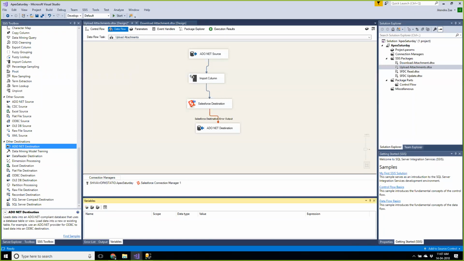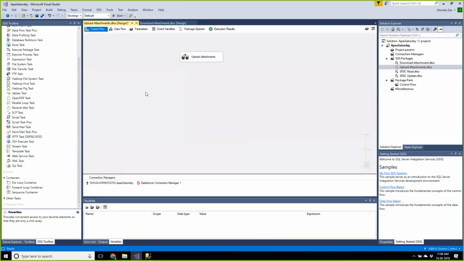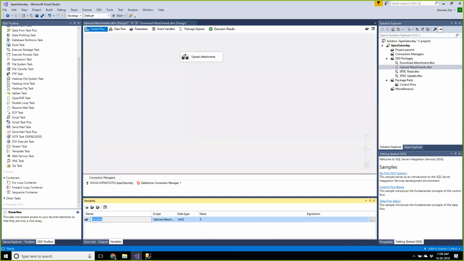So here we have a variable. What I will do on the variable is I will say add a variable. I will say variable name is SFDC username. Okay, let me delete the variable. I did something not right. I will go on control level. Now I will create a variable. I will say SFDC username. The scope is this package upload attachment. That's fine. Variable data type I'm saying is string, and I'm saying the value is